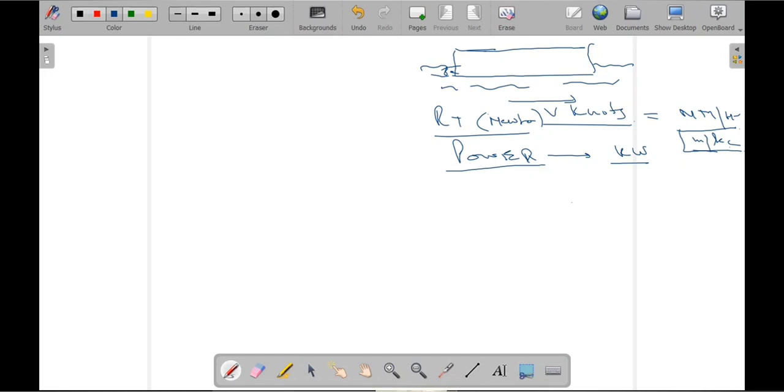So we have to see what is the work done per unit time, and in SI unit time is in seconds, and linear dimension is in meters, force will be in newtons, distance in meters,